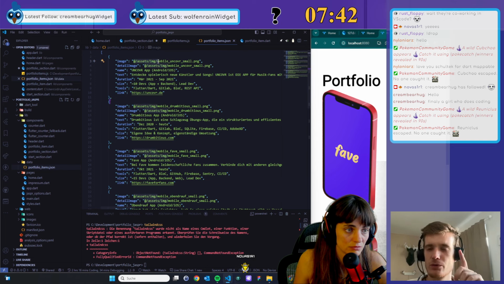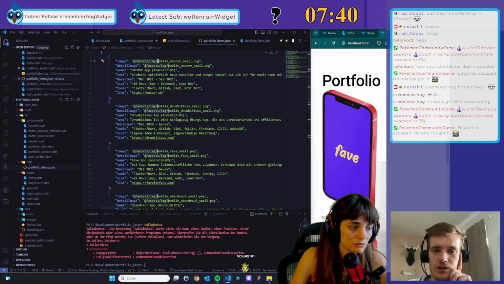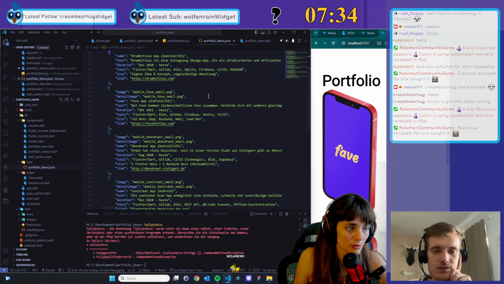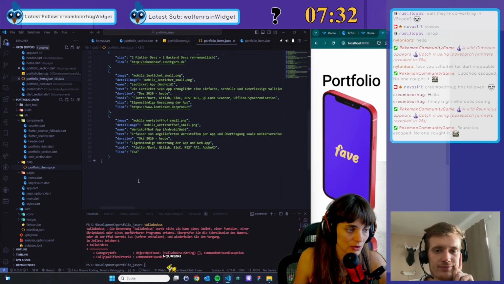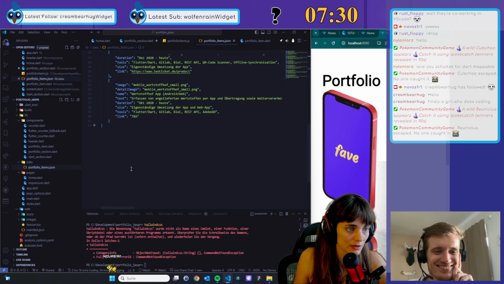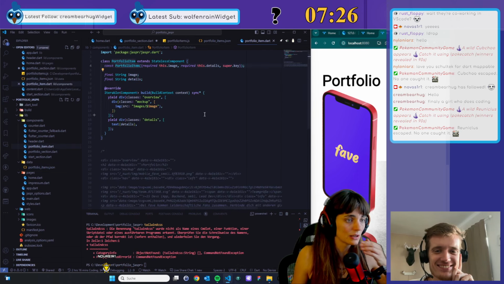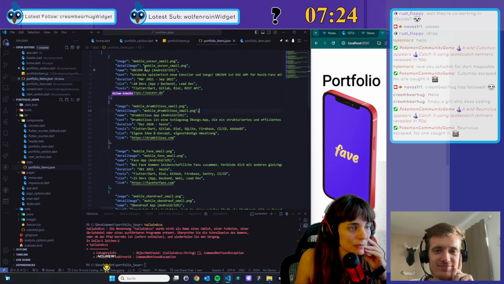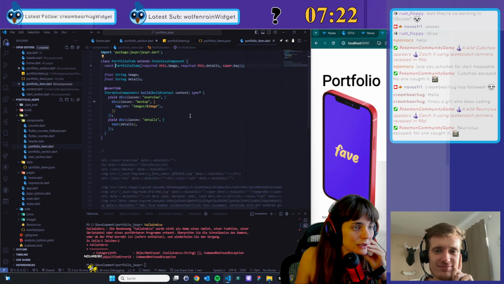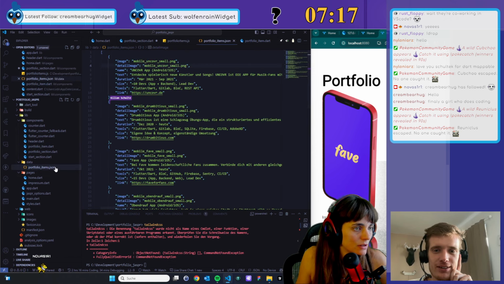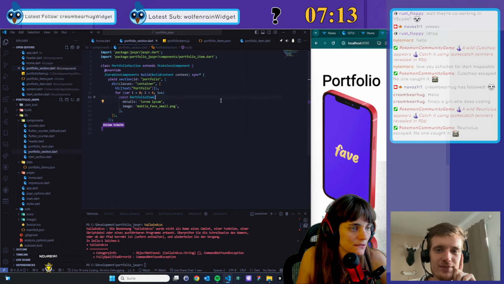So whenever you want to use images, you have to use some special syntax, but Jaspr doesn't do that. I would not call that optimization. I would call that bang your head against the wall, because it took me quite a while to figure that out. Okay, nice. Then we can just use the name in here, I guess. Okay. Yeah. Okay, so now fun part. How do we load that JSON?